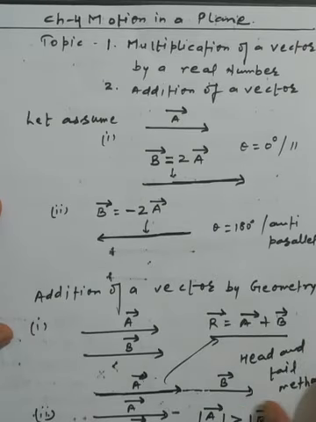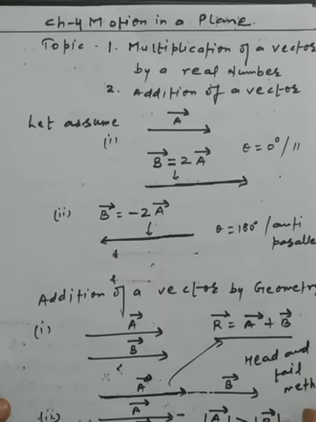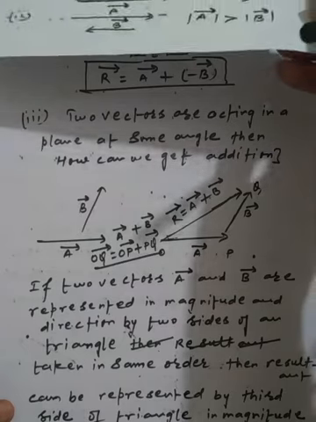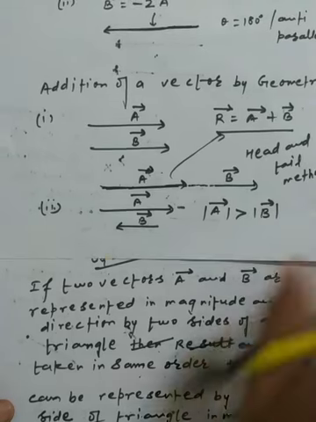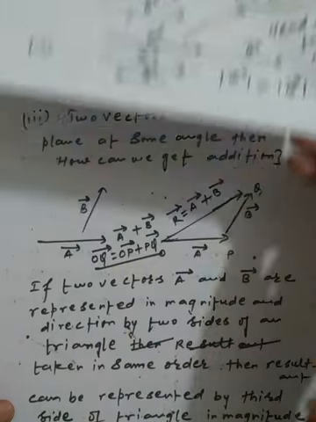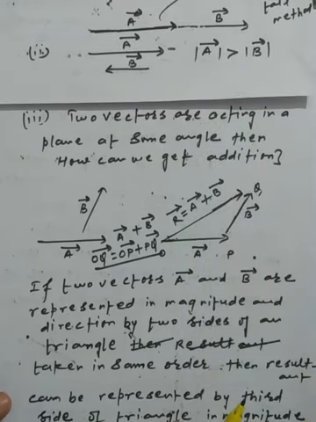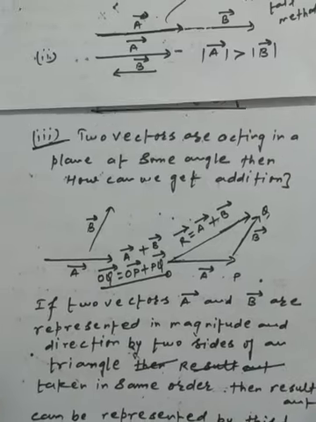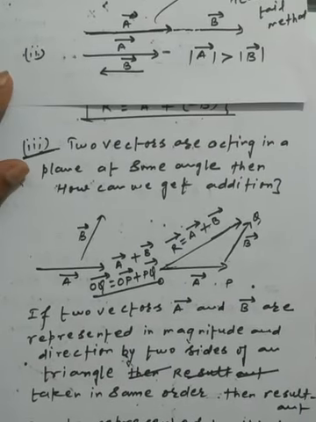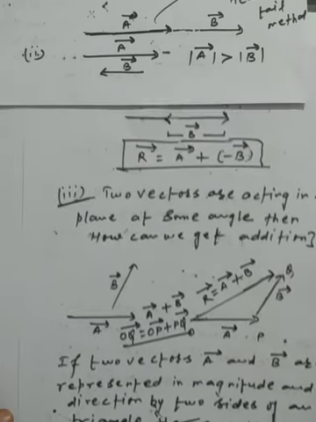So today we have discussed the multiplication of a vector by a real number. It's a simple exercise. Next we have the addition of a vector, where we get different types of situations. First, if the two vectors act along the same direction. Second, if the two vectors act along different directions, at some angle, and we easily apply the triangle law of vector addition to resolve the two vectors. We discussed the triangle law of vector addition along with its definition, because in subjective papers we always get the definition too. So you must learn how to state this definition.